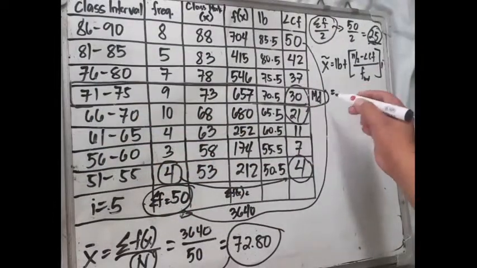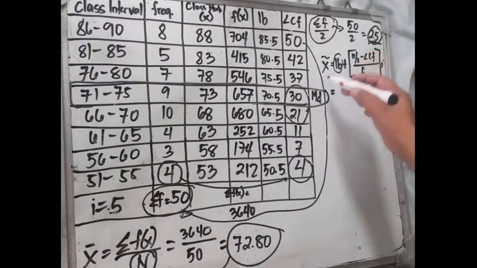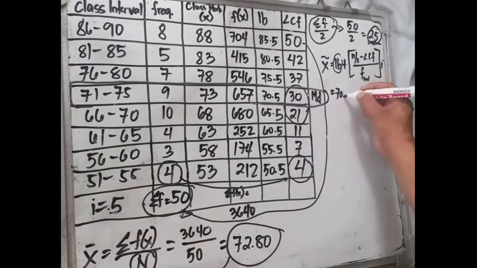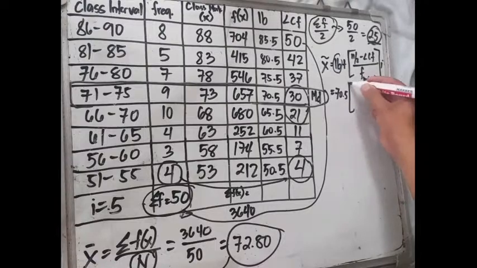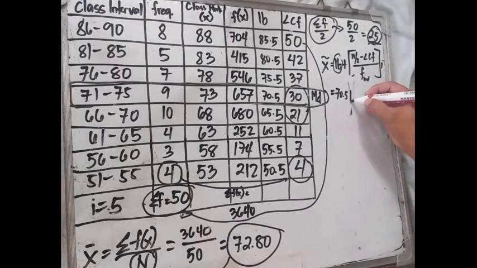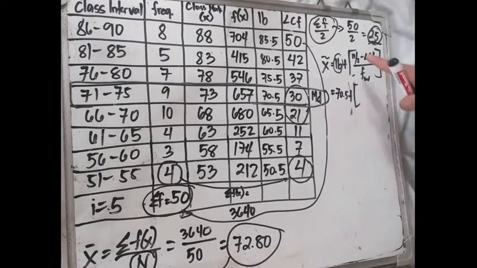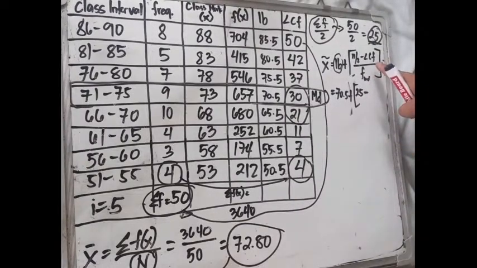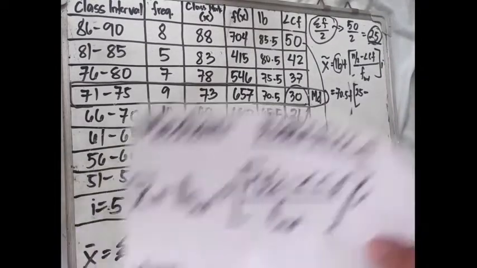Tingnan natin, that is 70.5 plus n over 2, that is total frequency, that is 25, subtract less than cumulative frequency, that is, tingnan natin,